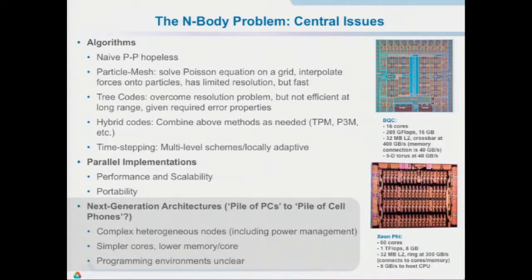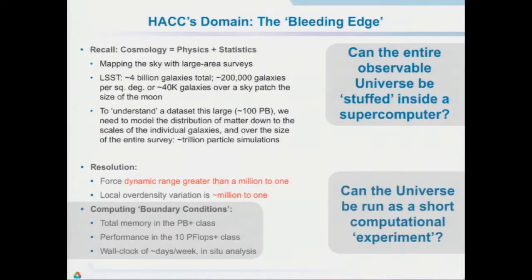So the other big issue we have to face is that the code has to work for all of these different architectures, all the way from piles of PCs to piles of cell phones to piles of video cards, whatever, right? So I'll try and give you some idea of how we deal with this. But first, I want to give you a view of how big the actual problems you're dealing with, to give you an idea of why we need both performance and portability.